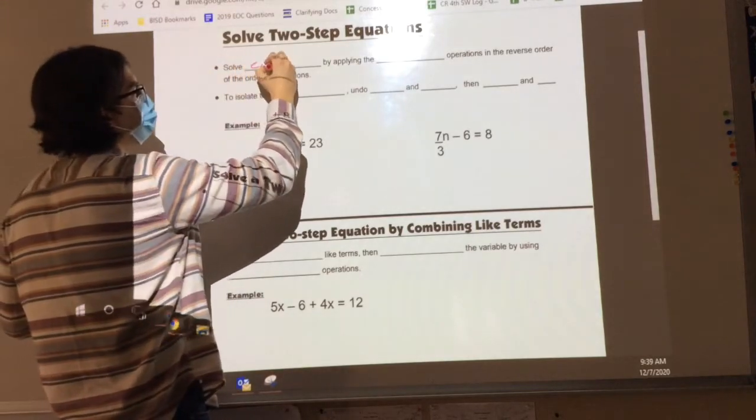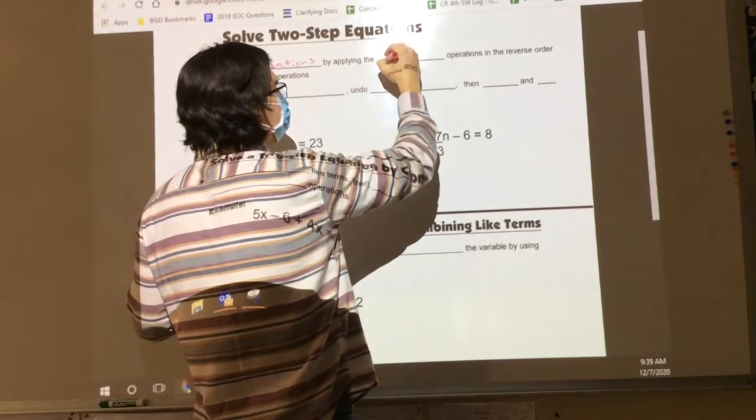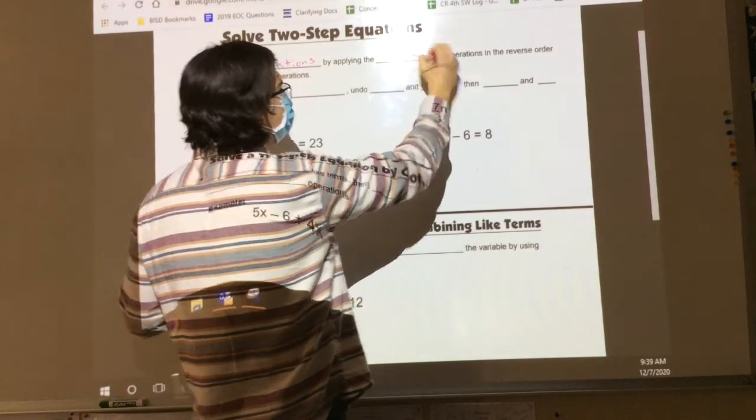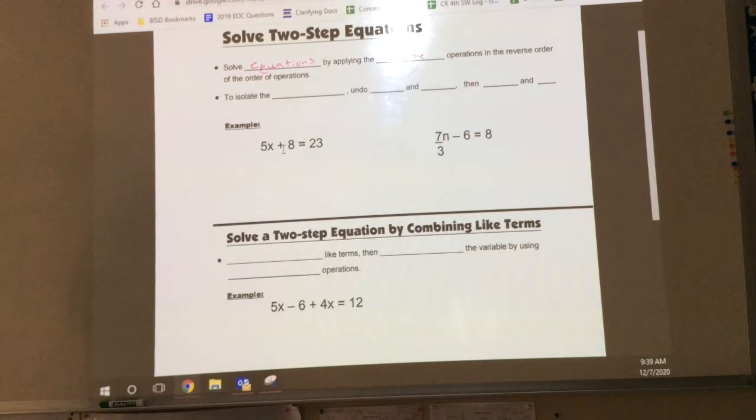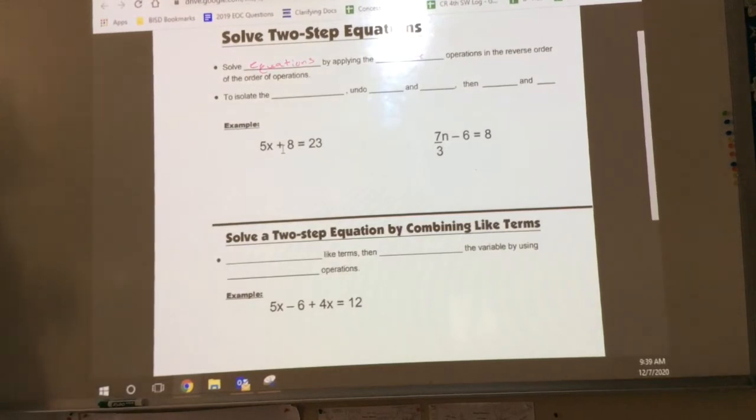Alright, here we go. We're gonna solve equations, and you don't have to write any of this down, it's up to you. Solve equations by applying the inverse operation in the reverse order of the order of operations. Let me put that in simple terms. Use the inverse operation. Use the opposite operation of what it's asking. Okay? Next, to isolate the variable,